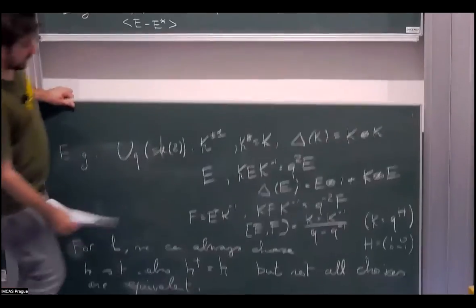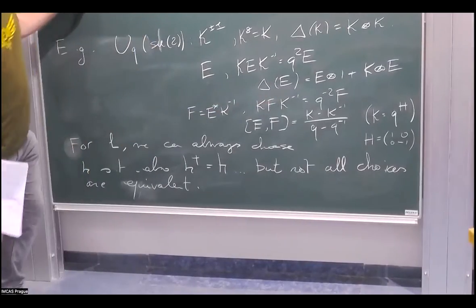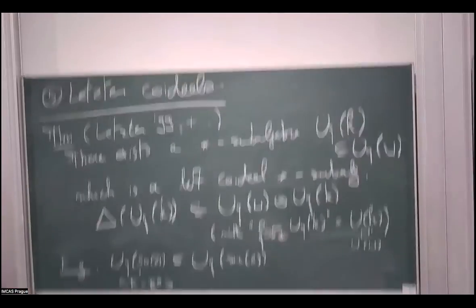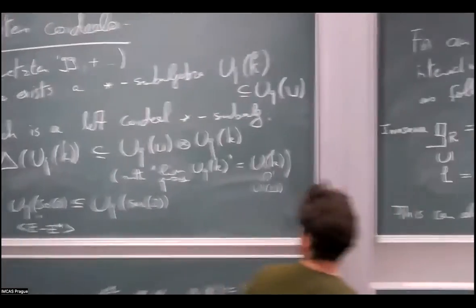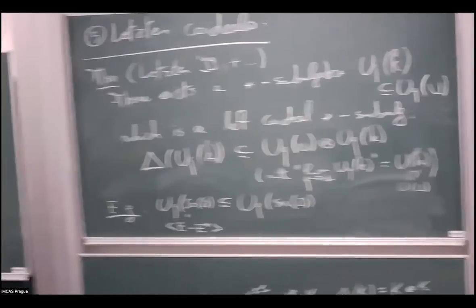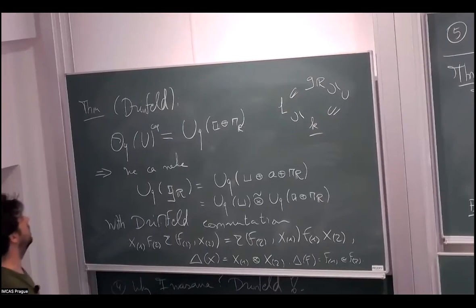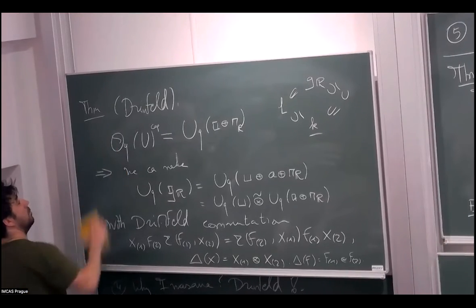Just by looking at how this delta of E looks like, you see that it satisfies this condition here. And so I will once more use my magic box of Drinfeld